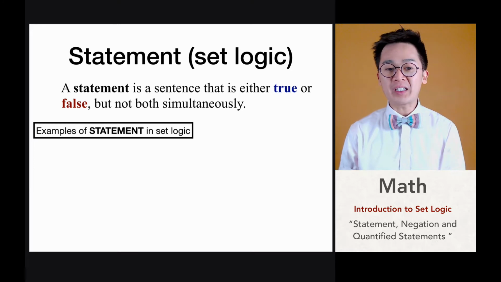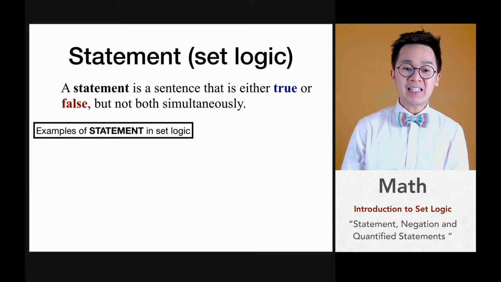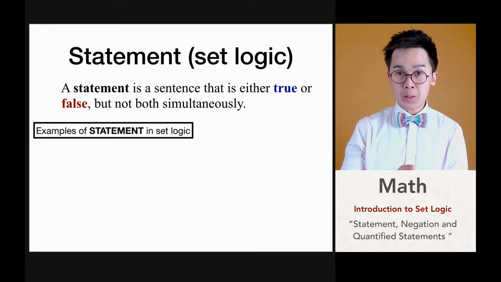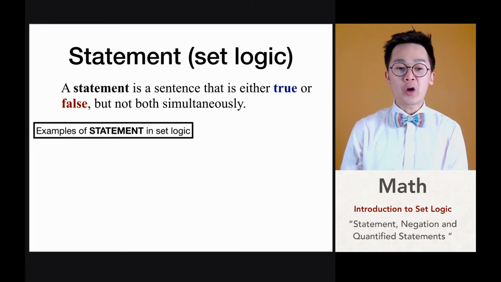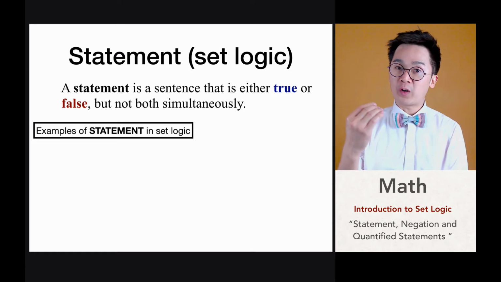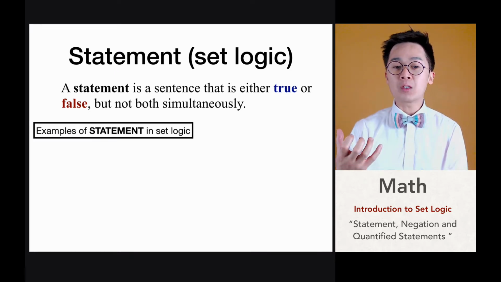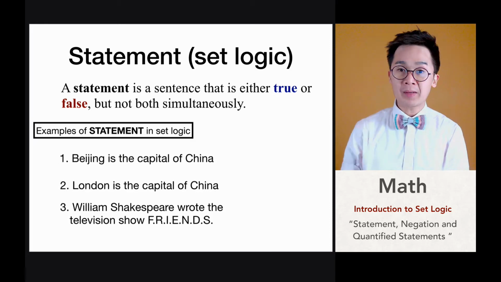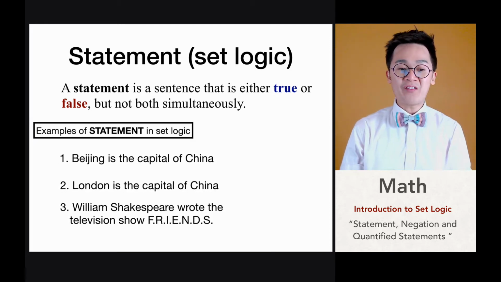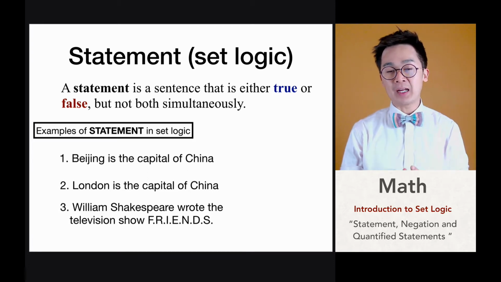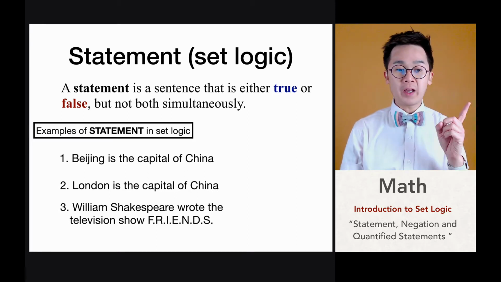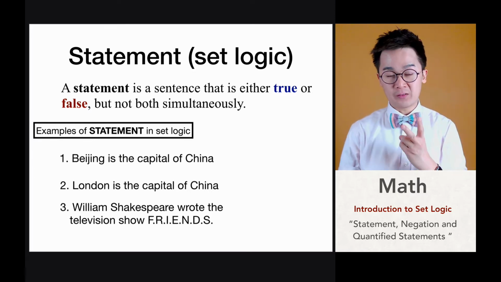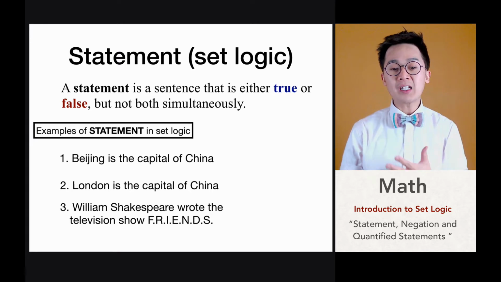In this case, we define a statement as a sentence that is either true or false, but not both simultaneously. So it's either a true statement or a false statement, and that would fall under a statement in set logic. Here are some examples of valid statements in set logic: 1, Beijing is the capital of China; 2, London is the capital of China; and 3, William Shakespeare wrote the